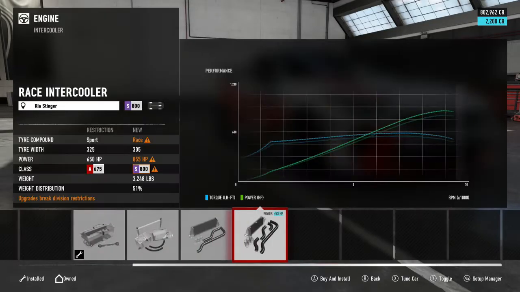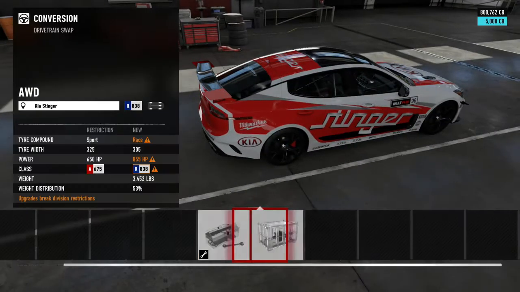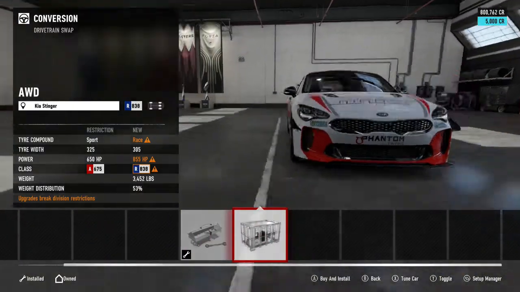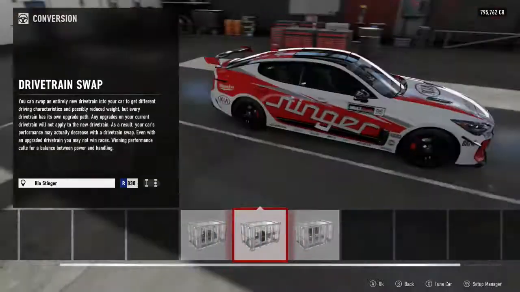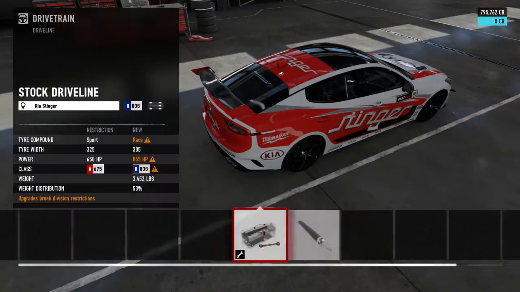Again, R385 was the target PI. We are going to have to... Yeah, let's just all-wheel drive it. Yes, that's going to give us the required PI. It is going to add more weight to it, but that will actually give us the required PI, whereas if I keep building the engine, I'm just going to end up with some stupid, insanely powerful thing, so...